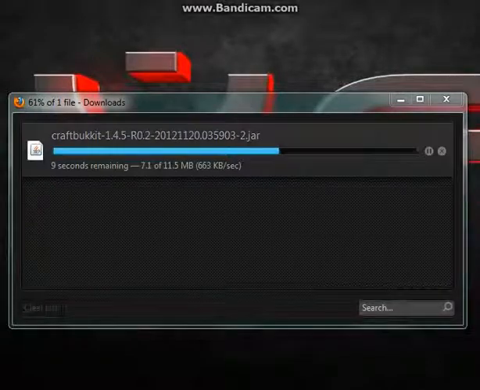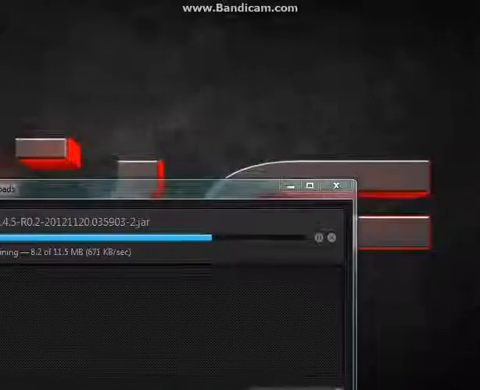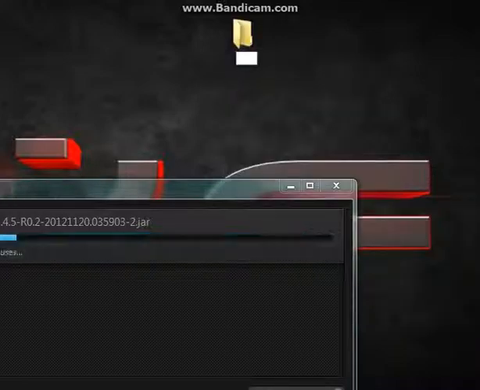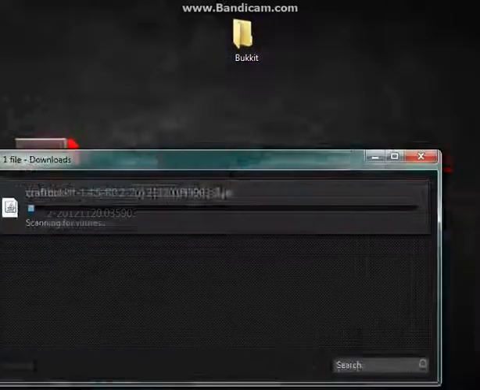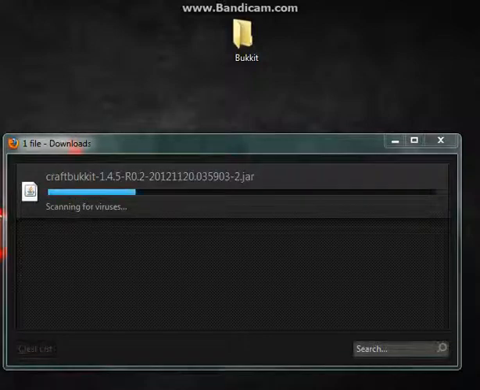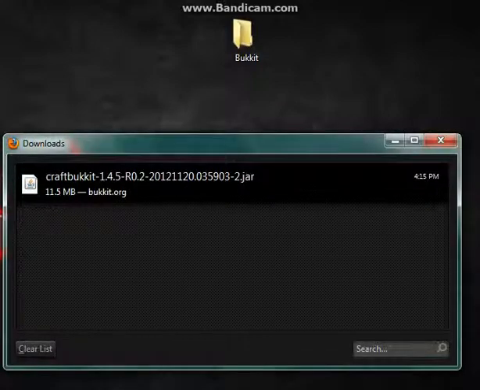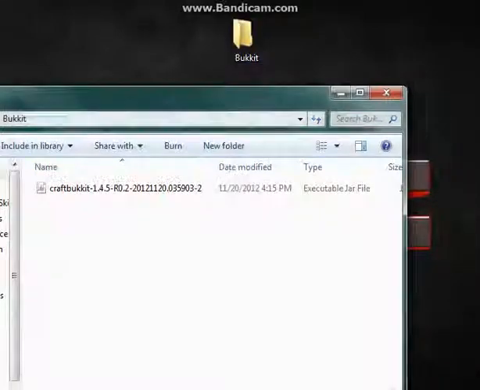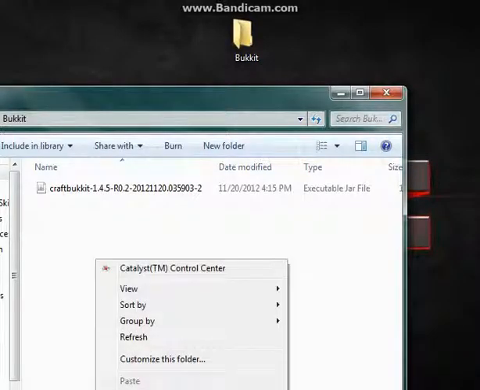So as it's done loading, what you want to do next is make a new folder and call it anything you would like. I'm just going to call mine Bukkit. Now you want to place this into your folder, and next what you want to do is make